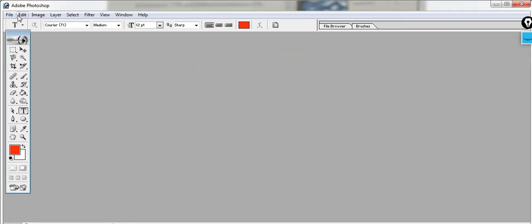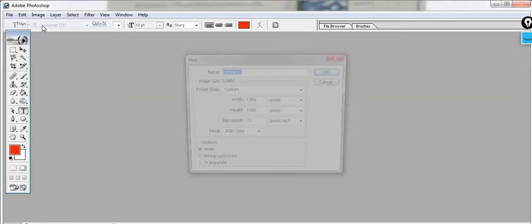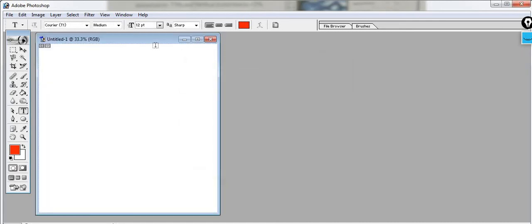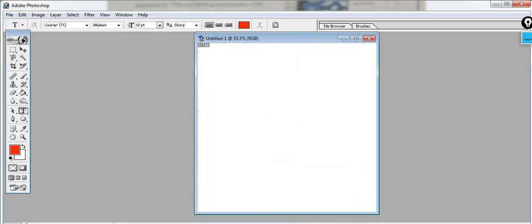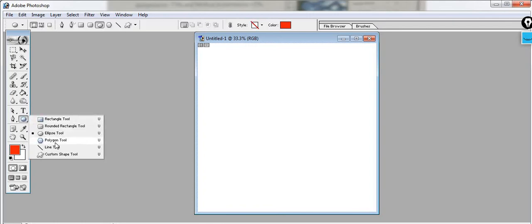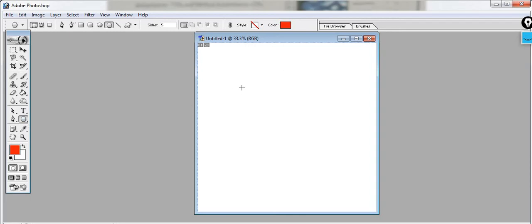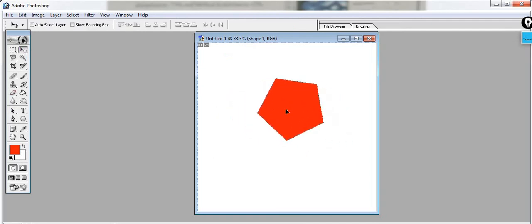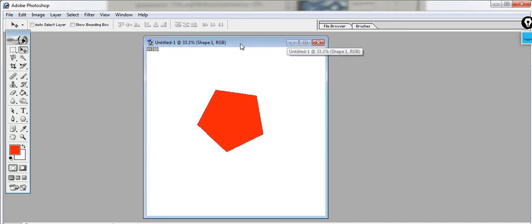Suppose I am taking the new window here and I want to make any shape. So I will first click on this shape tool, and here I want to draw a rectangle or a polygon. I am drawing. So I have selected this polygon, and after this I am selecting this. This is the polygon, right? As its foreground color is that. So, and I'll put it here. Okay, now this is the polygon.